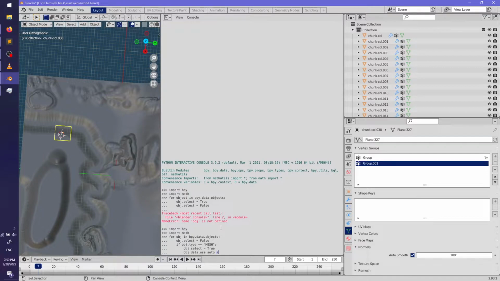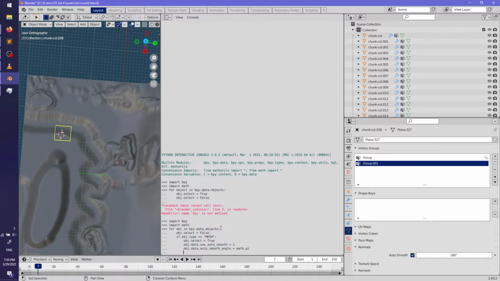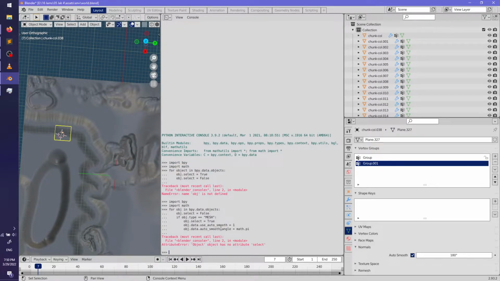So first off, we enable auto smooth. And then we set it to 180 degrees or math.pi. Goddamn it.